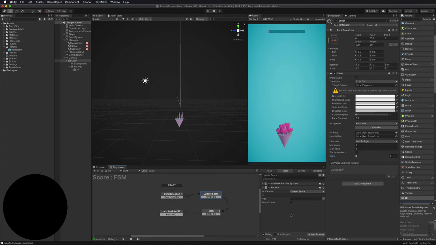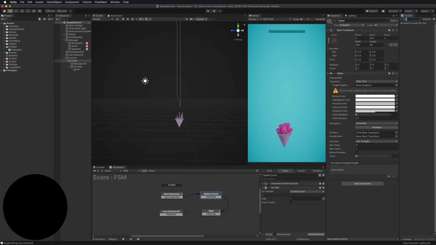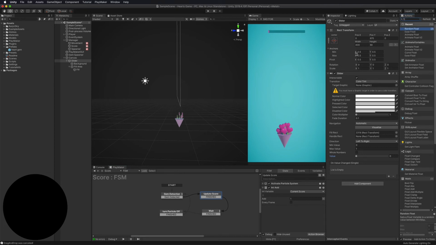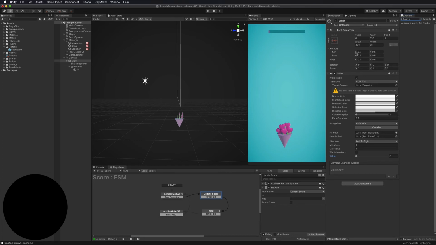We want to add to that value. Okay, so we're going to add a value of, let's do not an int add, we want to do a float add. Float add, if I can just spell that, there we go. So we're going to do a float add, and what float value is that we want to update. We want to use the slider value, that's the value that we just created, which is a float.